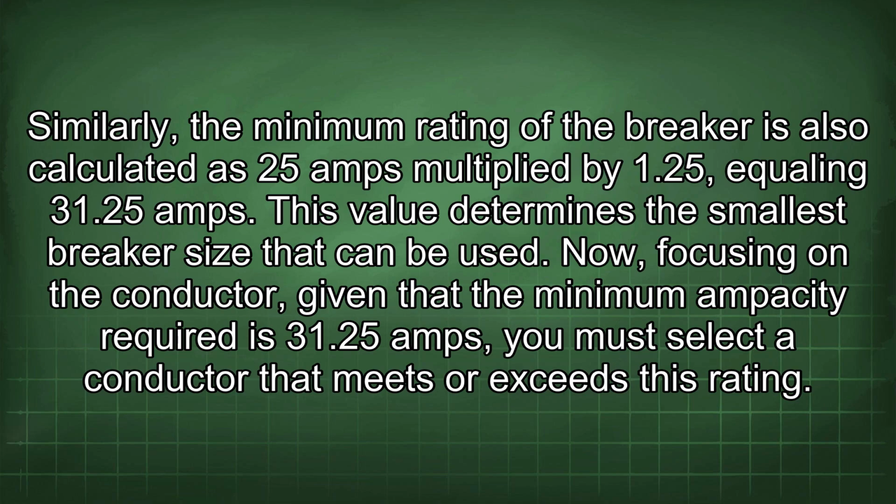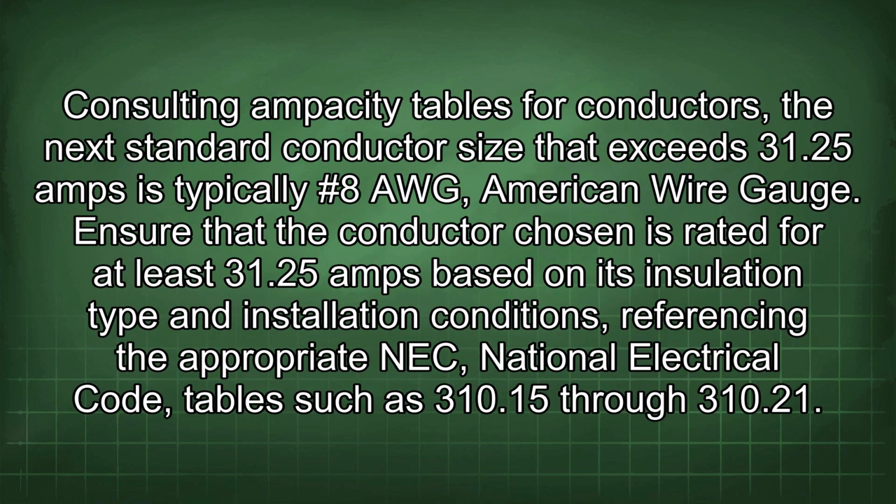Now, focusing on the conductor, given that the minimum ampacity required is 31.25 amps, you must select a conductor that meets or exceeds this rating. Consulting ampacity tables for conductors, the next standard conductor size that exceeds 31.25 amps is typically #8 AWG, American Wire Gauge. Ensure that the conductor chosen is rated for at least 31.25 amps based on its insulation type and installation